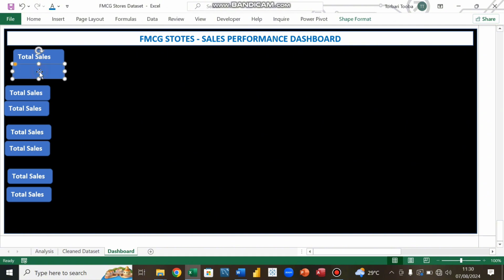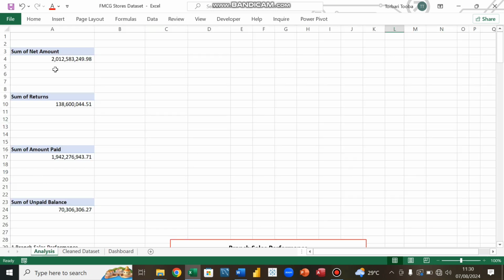Okay, so how do we put the value here? Let's go to our analysis, go under all the total and bring the value down by using equal to, because if we don't do that, it cannot be fitted to the shape that we have done on the dashboard